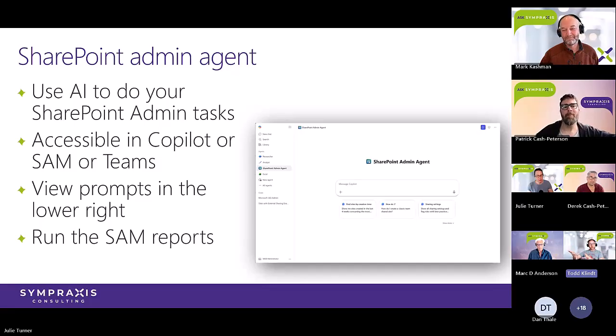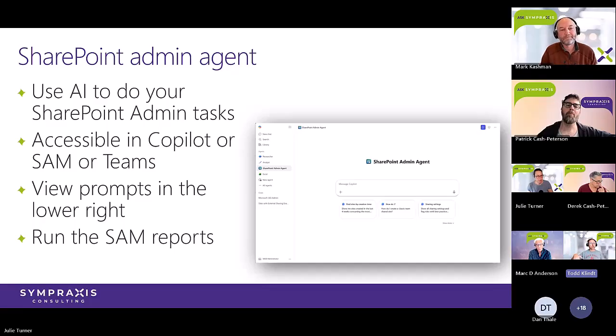All of these reports, or all of the stuff that this agent is grounded on, is the reports that we've been talking about for the last 25 minutes. That's where it gets its information. So what you can't do is light all this stuff up and then run right over quick like a bunny to the admin agent and start asking a bunch of questions because it doesn't have the information for it yet. So you have to be prepared with that. And also with that, the information the agent gives you is only as good as when you ran the last report. So be aware of that as you're using these.